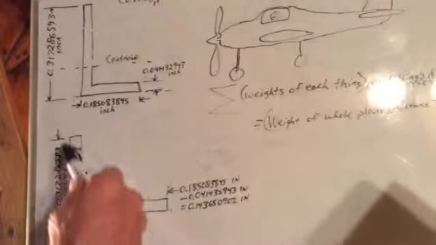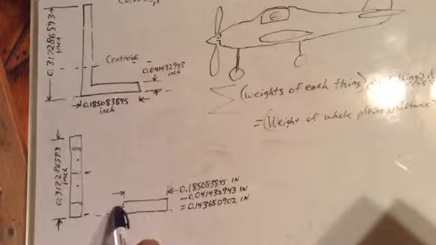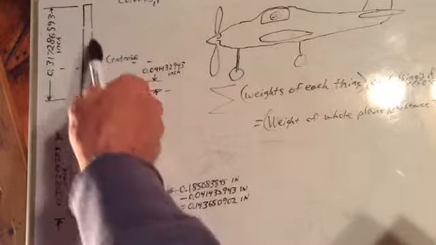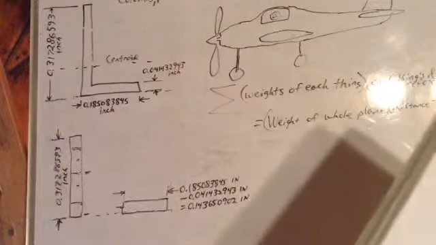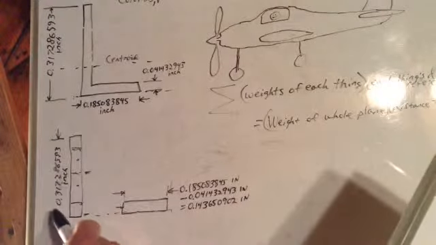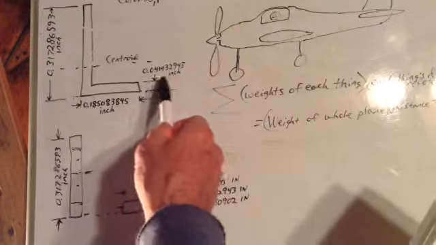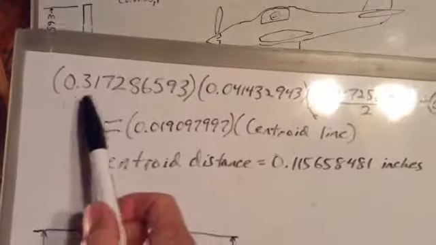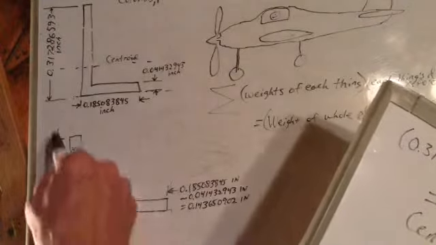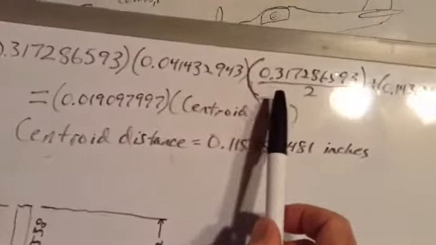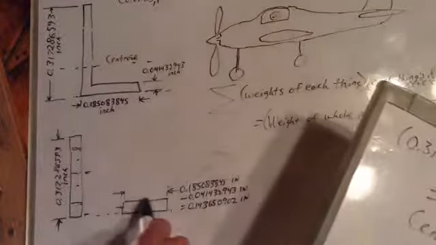So we're going to take the area of all that times that distance plus the area of all that times that distance, add them together, divide it by the area of all that, and get that distance between the centroid and the reference line. So here's how we do it. The area of this is the height of that, which is 0.317 inches, times the thickness of that, which was 0.0414. So there we go. There's that. And times that distance, which is half of the height. So there it is, 0.317 over 2,